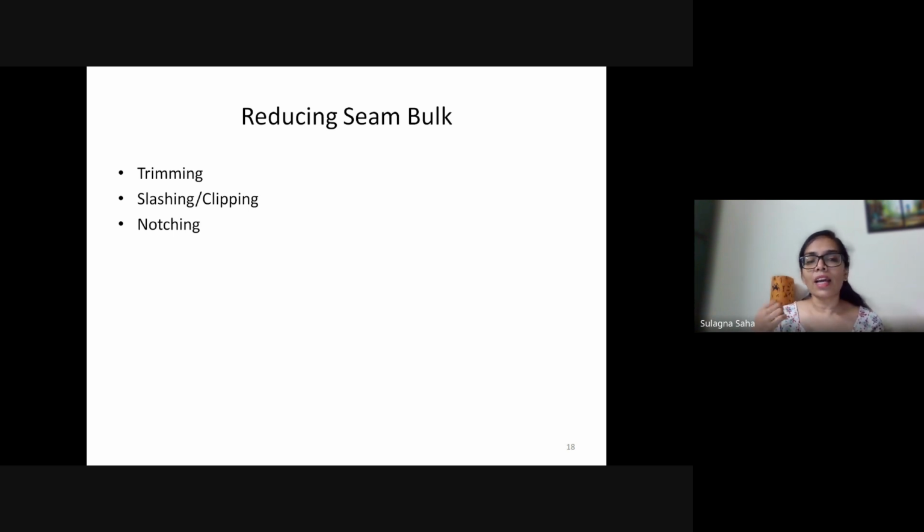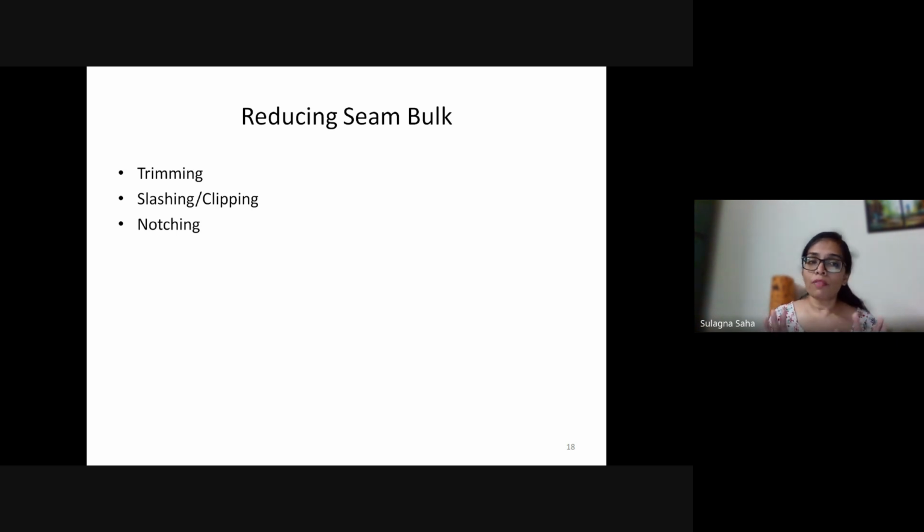Once you have attached the facing and you want to turn it around, you will realize the bulk of the seam is not letting you turn it properly. So in those cases, we slash a little bit of the seam in small distances. With these slashes, when you turn it around, the curves fall very nicely.